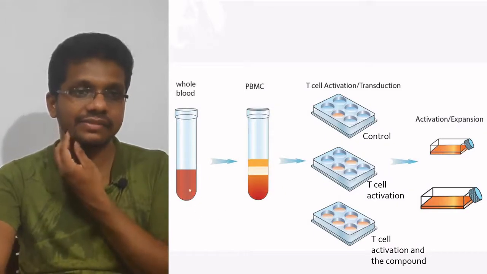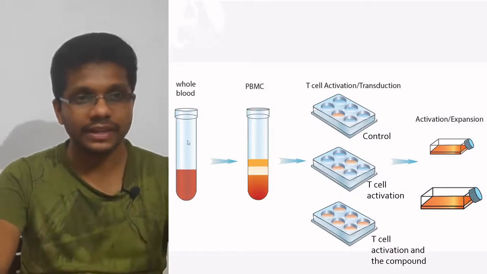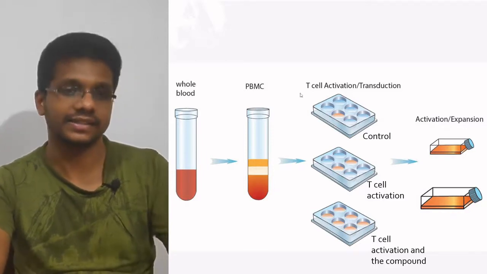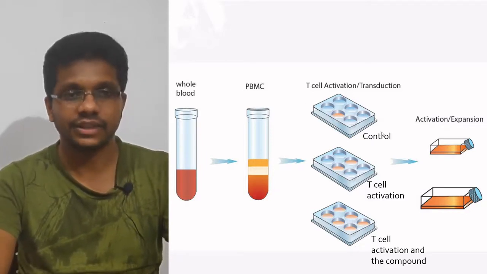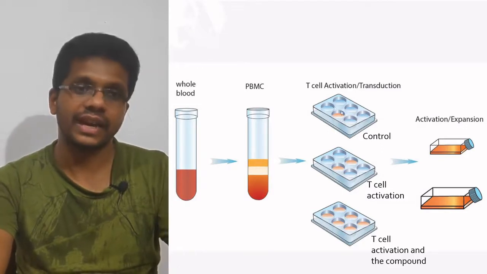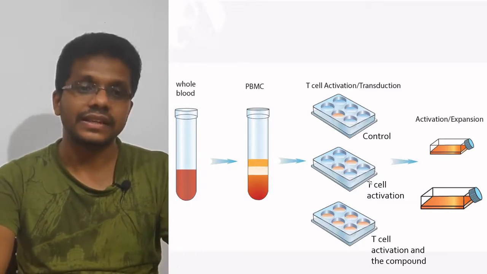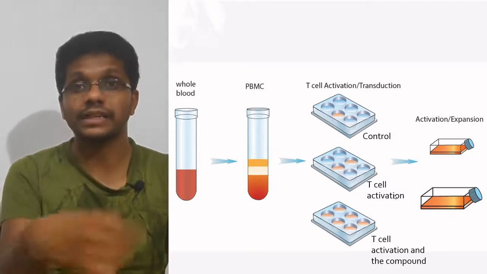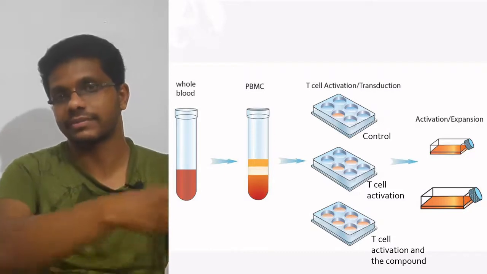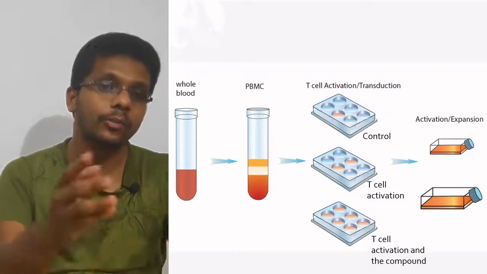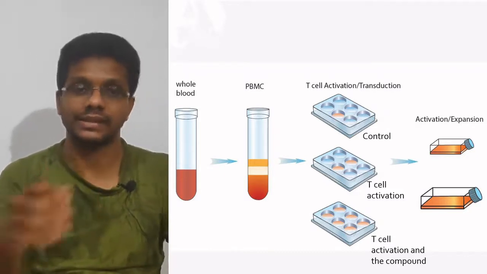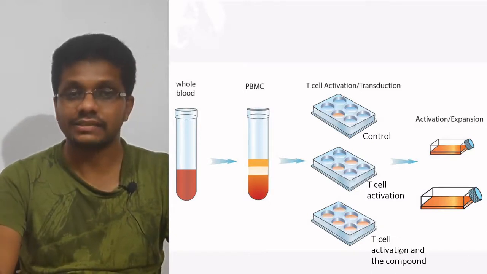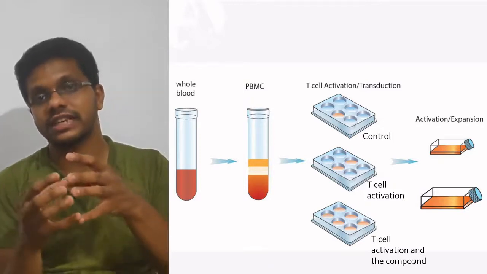In the T cell activation assay, we take the whole blood and separate the components. From that we select the T cells. And we will have three different conditions. One is control, in which we add only T cells. The second is T cell activation. We add compounds to activate the T cells, like interleukins or TNF alpha, added to the medium to activate the T cells. And in the final set, we add T cell activation along with the compound which has potential